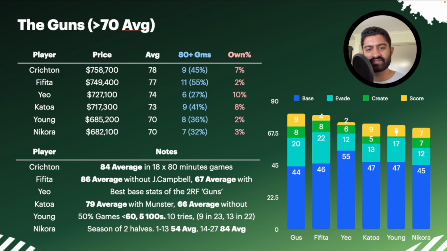Now, the other two in Hudson Young and Britton Nikora are much lower owned at only 2% and 3%. Hudson Young is, look, I'm just going to be very open and honest. He's not my kind of pick, I think, Supercoach wise. Yes, while his season average was 70, it really comes in clumps, and he is definitely much more inconsistent than a lot of these other guys. Like, while the base is there of 47, if you look at his other scoring breakdowns,